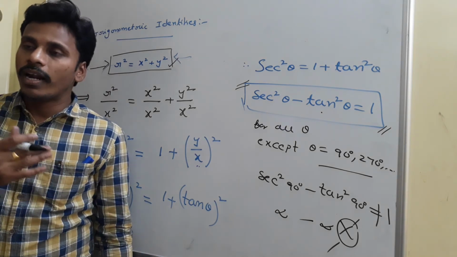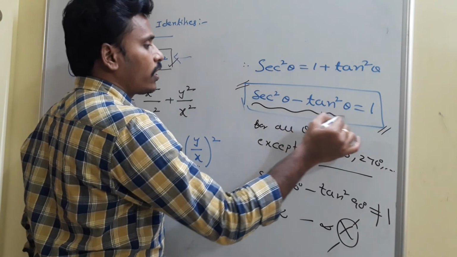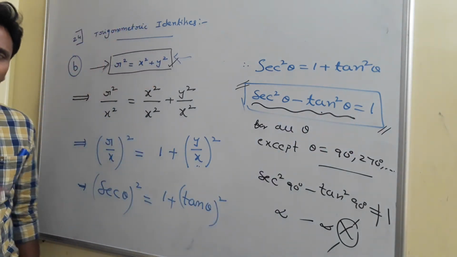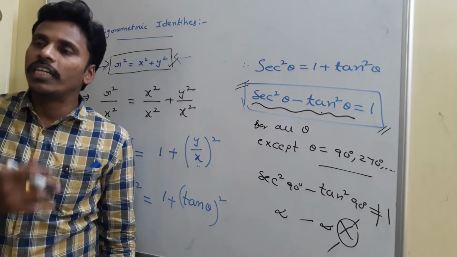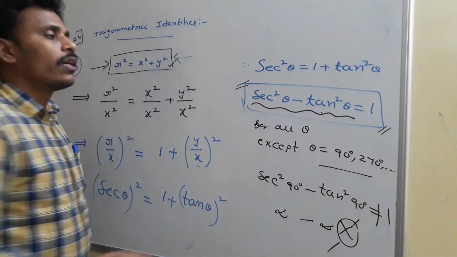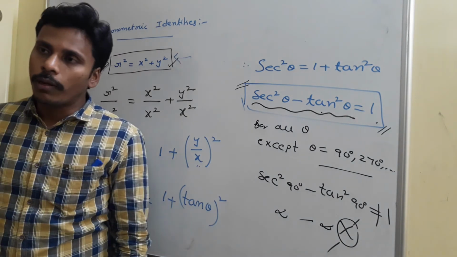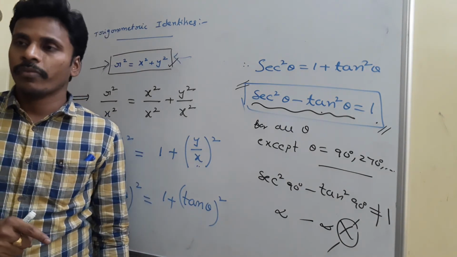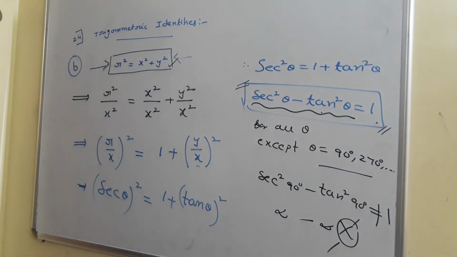So in level 1 and level 2 type of problems you just face this identity: secant square theta minus tan square theta is equal to 1. In every book, you may go with any material or any book, usually initial level problems involve this identity. And if the level changes, then you may face different problems where the identity fails. Is it clear? So just have a look and take a screenshot.